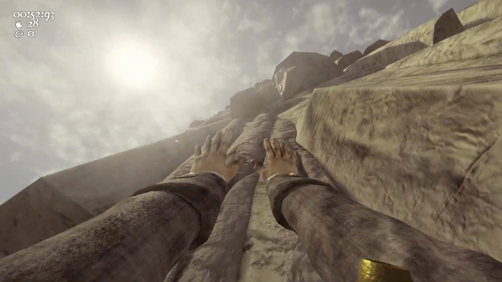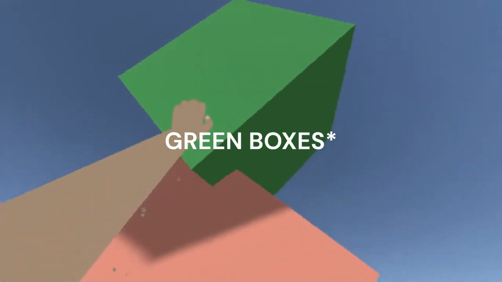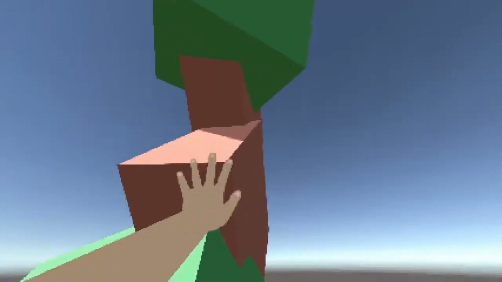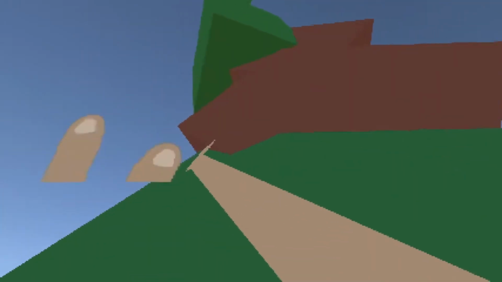And if you saw my first video on Peaks of Yore, you would have seen that I showed a quick little glimpse of this video, where it's a very simple video of some 2D hands climbing on some red boxes and not being able to climb on the red boxes. It's a pretty simple concept for Peaks of Yore, just showing what the game is going to be like, where you're just going to be climbing up things with your bare hands, and you have to try and avoid certain things while trying to climb up very high and tall mountains and stuff like that. Pretty early prototype of the game, but you can see the game just through this video. You can pretty much see what the game looks like.